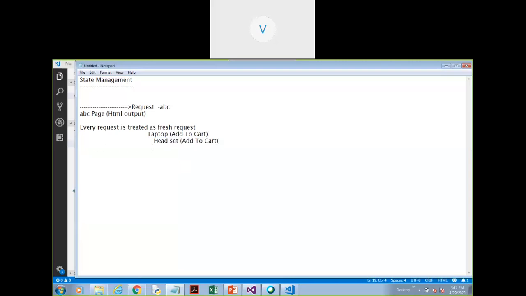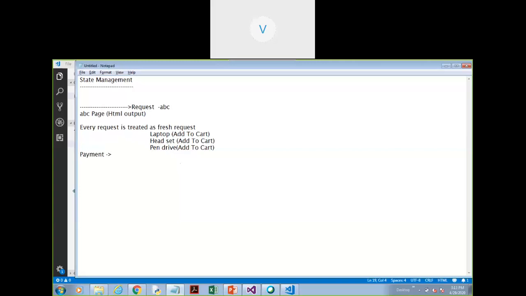Then you go ahead and select, let's say, a pen drive. For the pen drive also, you will say add to cart. Again, the server will treat you as a new user, so it has already deleted everything that you had earlier selected.